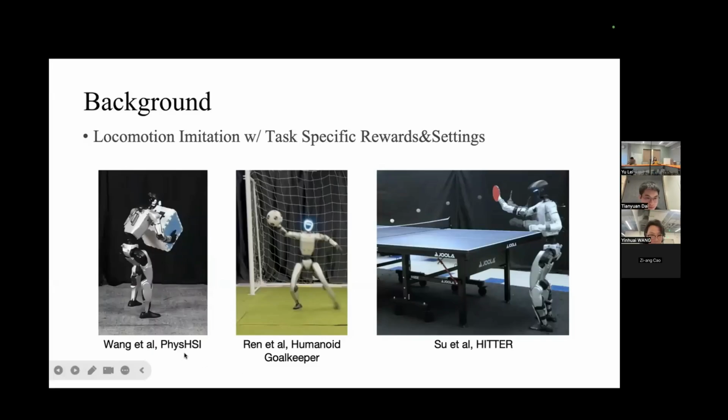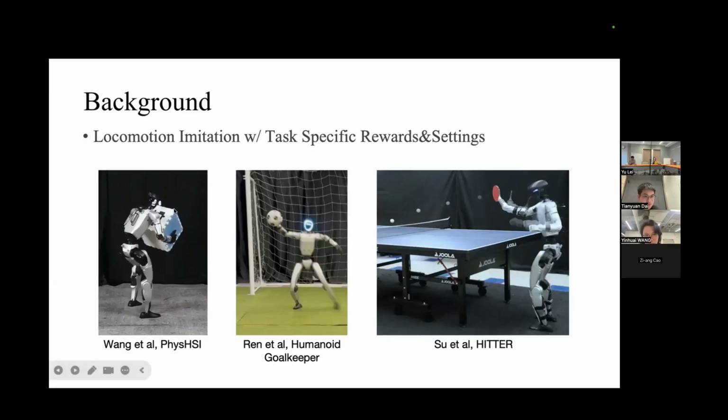A typical example is Face HSI, which uses an AMP reward to imitate the human motion, while designing different task rewards for different interaction tasks, such as picking up a box.